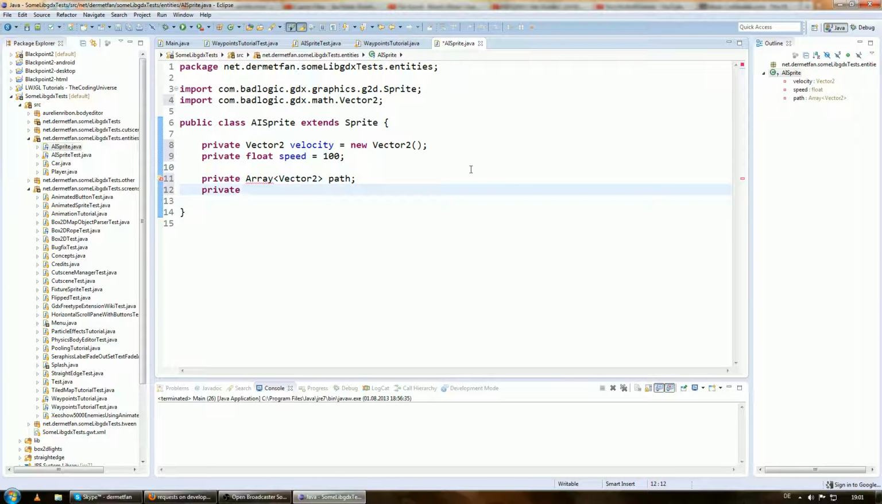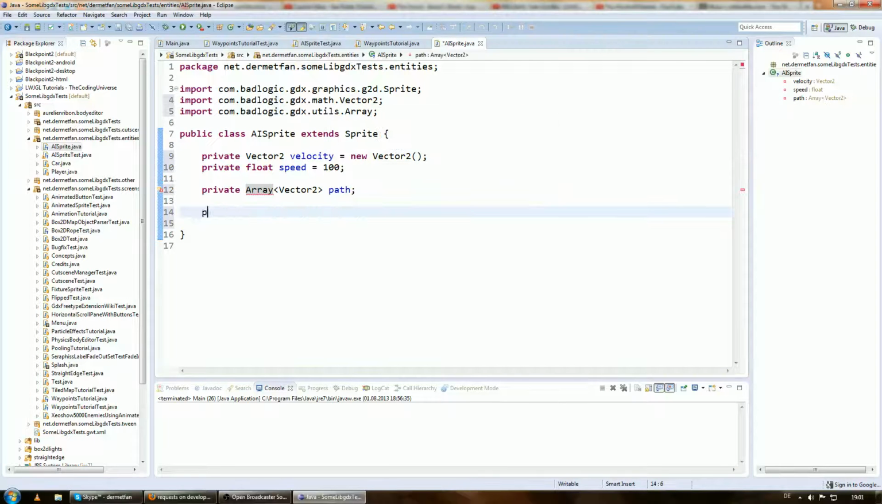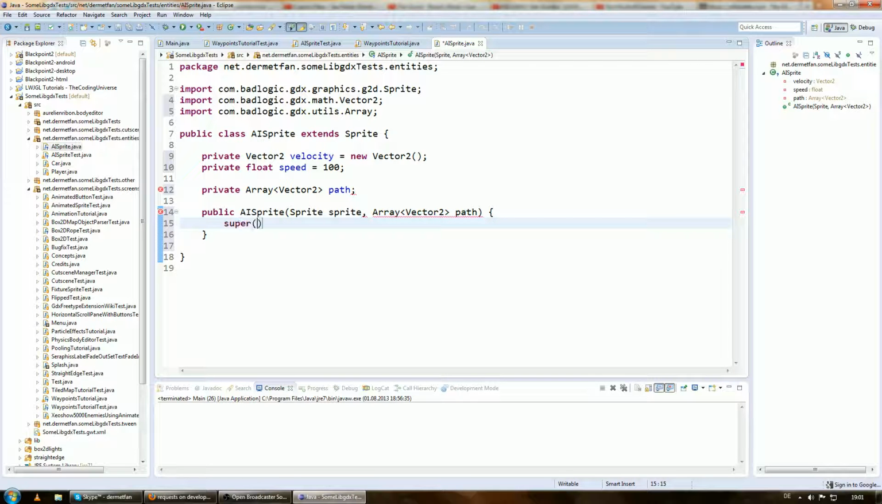Let's import this Array class and create the constructor of the AISprite. It's going to take a Sprite, to set up all the basic stuff, and it's going to take an array of Vector2s again, which is going to be the path. So at first call the super constructor with the sprite, and then this.path equals path. And I really can't type at all. Okay, so now that we have this class at least existing,